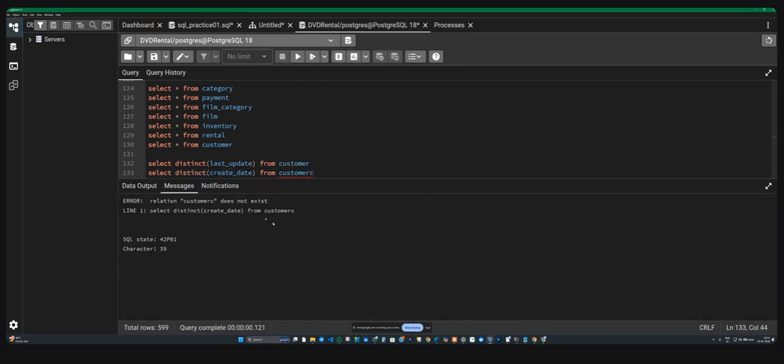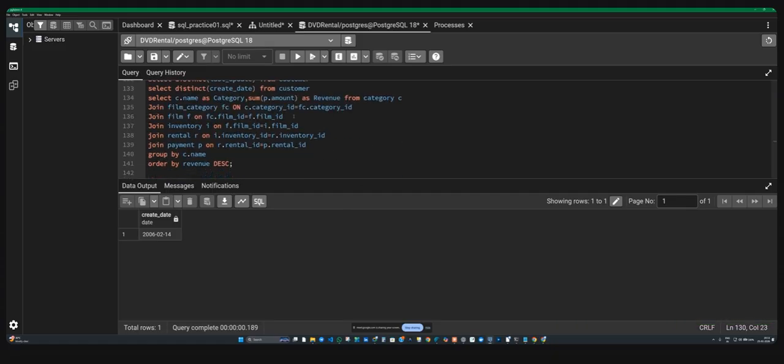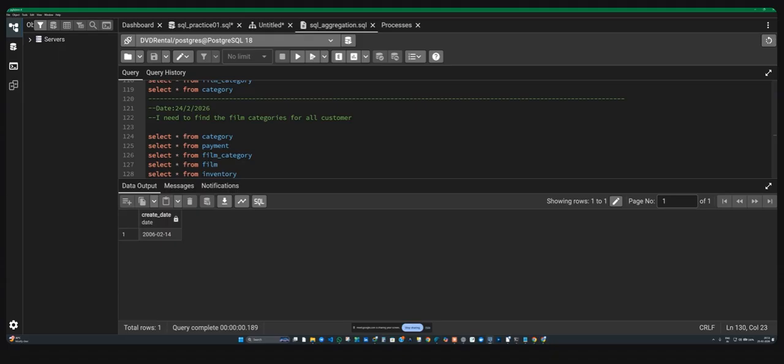So okay, see something here. One minute, I'll just remove this. I'll rerun this. So only one value. Okay, if you have multiple dates, that means you can do some more analysis. So this thing is very useful, and you got to use it now and then to filter some values from a table. Okay, so we learned yesterday